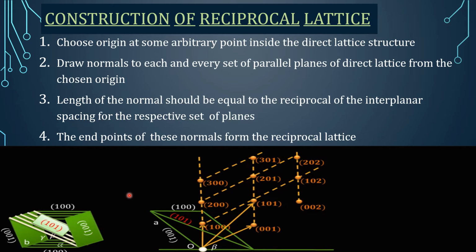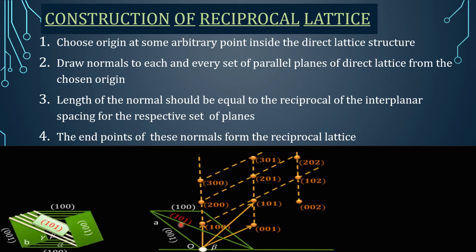So next we can see how to construct the reciprocal lattice from this monoclinic structure. Here I have chosen three planes, that is the 100 plane, the 001 plane and a diagonal 101 plane. There are many sets of planes, that is the 002 plane is there, the 003 plane is there, the 200 plane is there. Here I have chosen only these three. For simplicity, we can represent these three planes as straight lines like this: 100, 001 and this diagonal is the 101 plane.